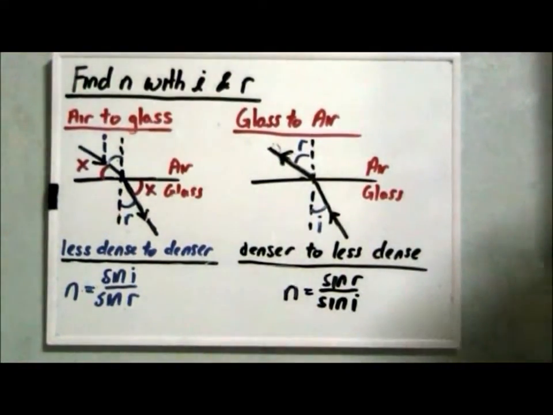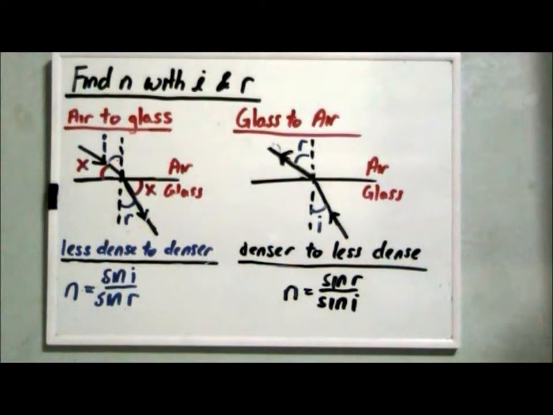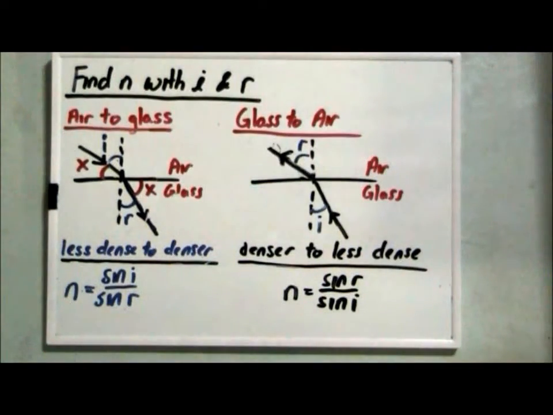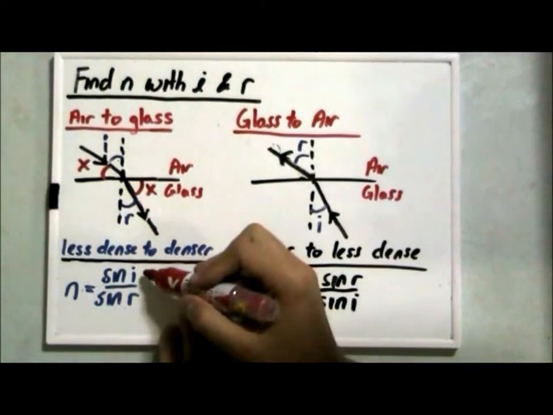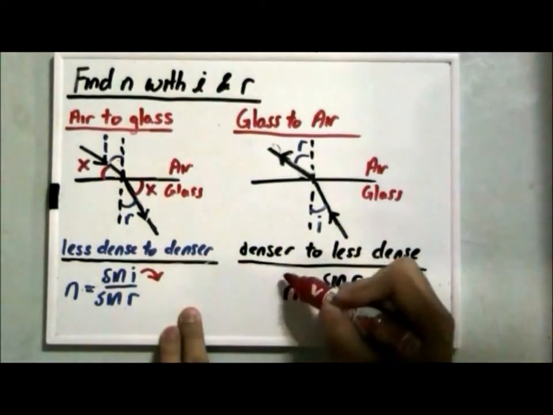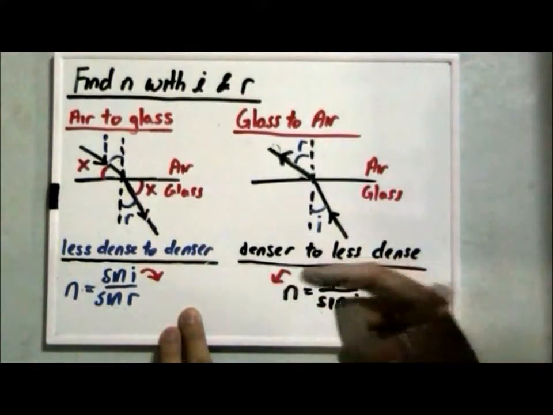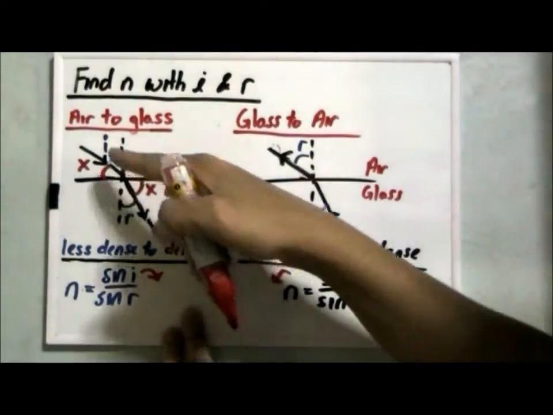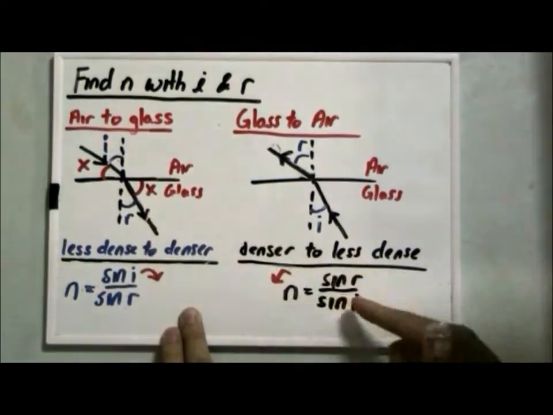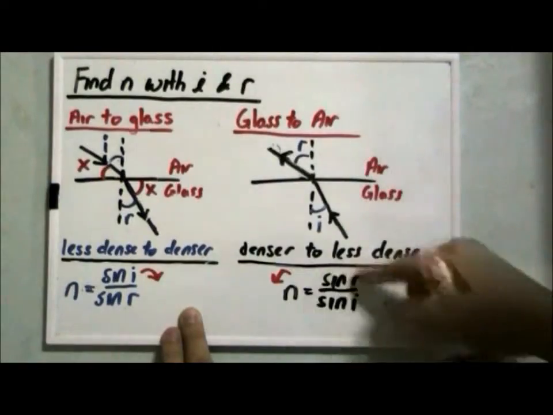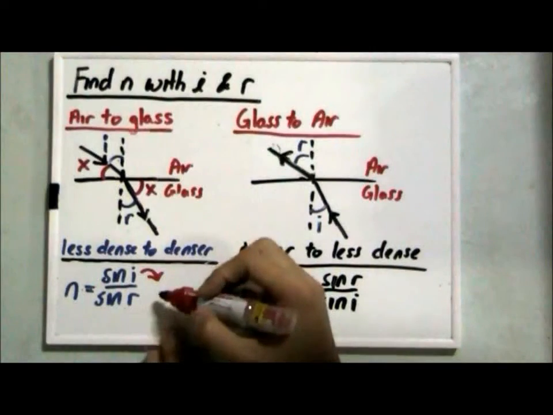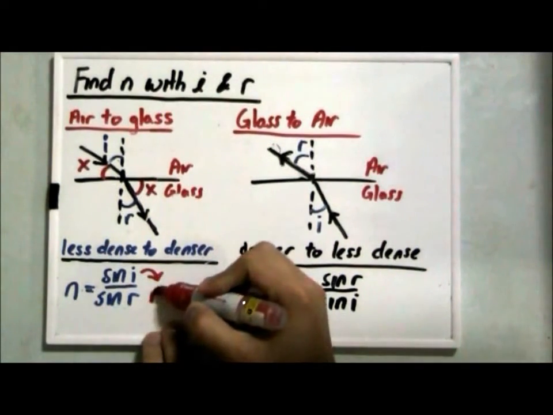Some students will get confused by this because it's the same kind of question, but yet the formulas are inverted. One way of preventing this confusion is that we can combine these 2 formulas together. As you can see, sine i is on top of the fraction and i is the bigger angle of the 2, and sine r is on top of the fraction here because angle r is the bigger of the 2 also. So we can combine these 2 formulas and write down that the refractive index is